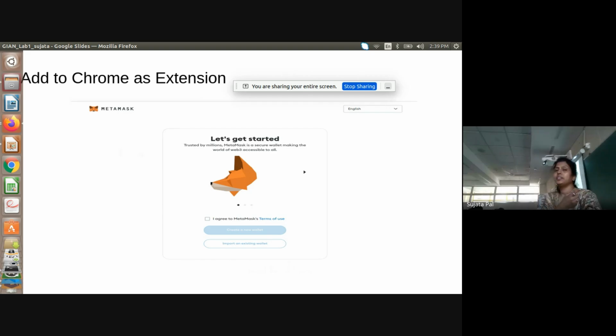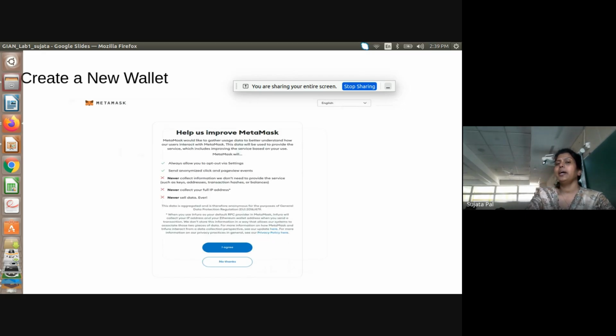Then have you seen this? Let's get started. This MetaMask. Then I agree to MetaMask. You agree? You have to agree to this also. MetaMask.io/download, you have downloaded.